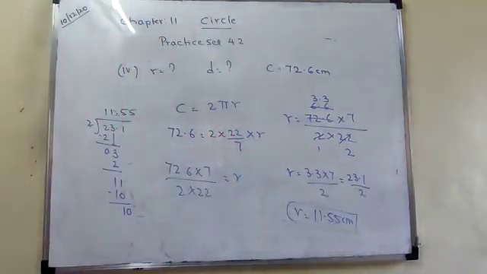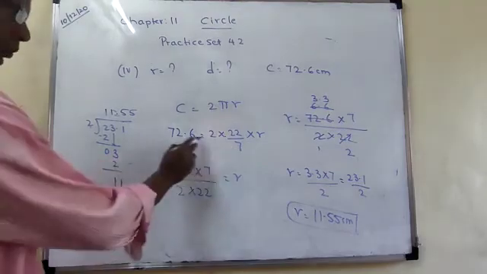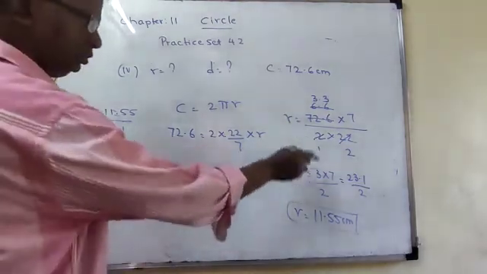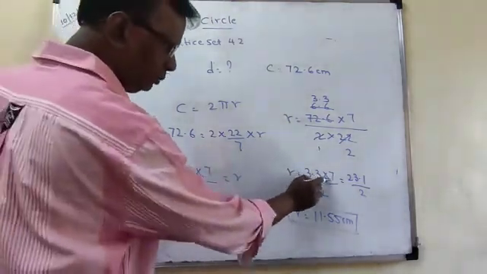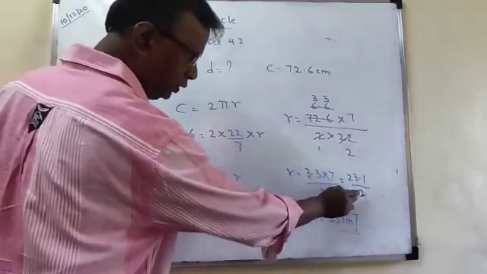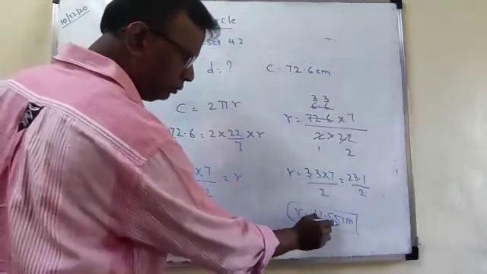See, go through the sum, all of you students. See once again. I did cross multiply, divide, cancellation. So there is no cancellation. So I multiply this one. I got 23.1 divided by 2. So how much did we get for r? 11.55.